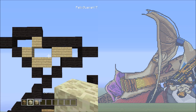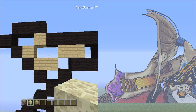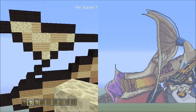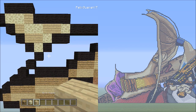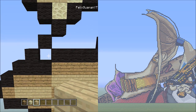Once you've done that, switch back over to the end stone, and we're going to be filling in all of these empty spaces here, staying within the black wool outline. So go ahead and just fill in these empty spaces with the end stone. Again, staying within the black wool outline, so it should look like that. Now, once you've done that, we're going to switch back over to the birch plank. We're going to head back down here, and we're going to fill in this single empty space that's right here